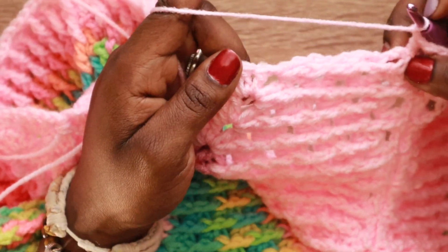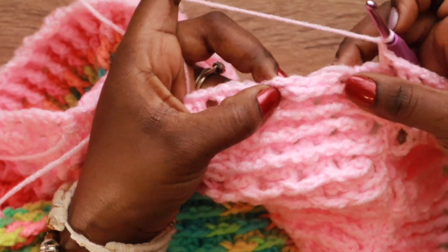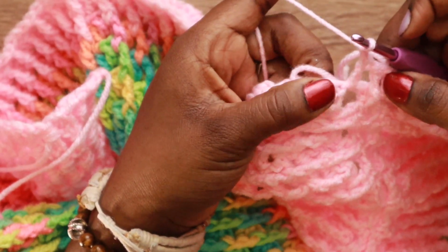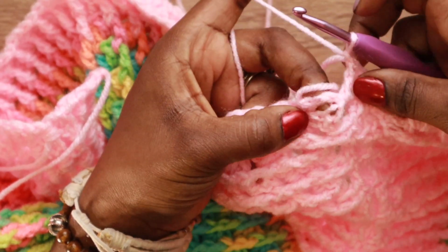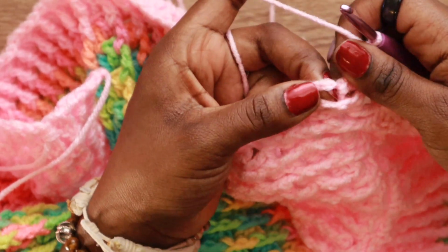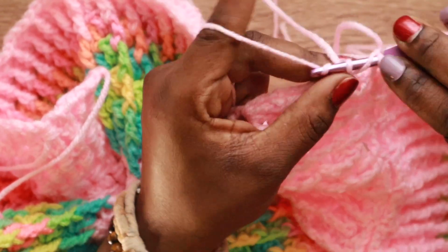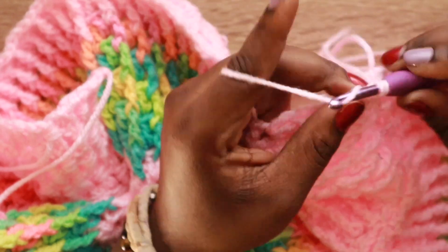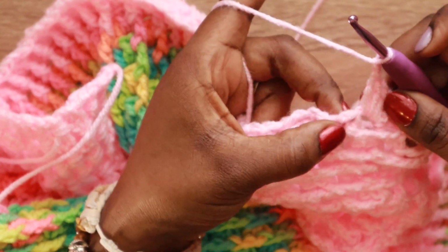Okay, so now we're going to work on the other side where we did extra rows. So right here, we're going to skip this space right here, right after that double crochet right here that we just made. So we're going to skip this space, and then we are going to place 3 double crochets into this space. 1, 2, and then 3, and then we're going to chain 1, and then we are going to skip this space